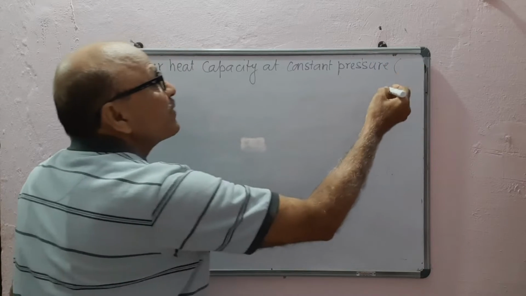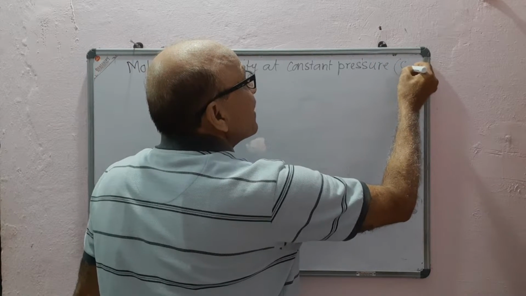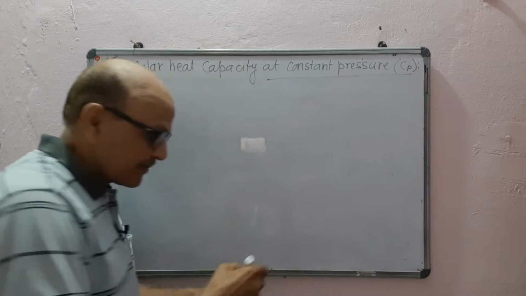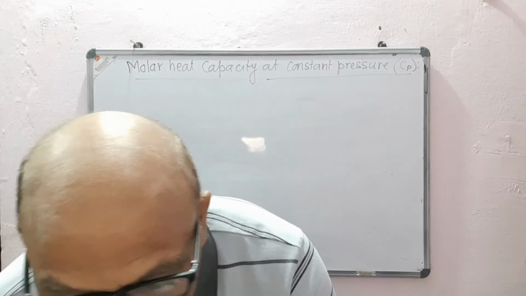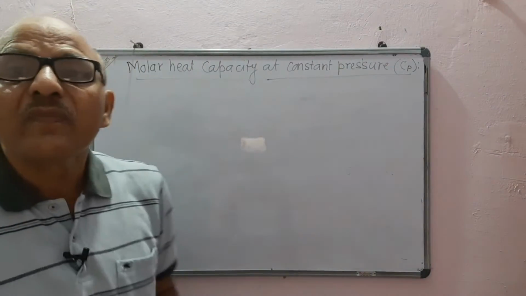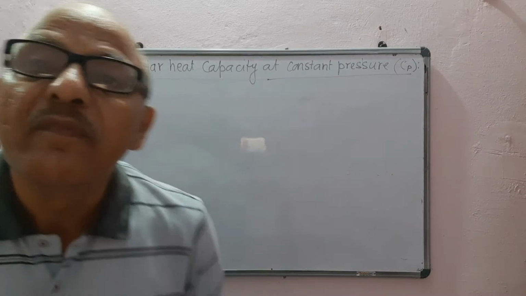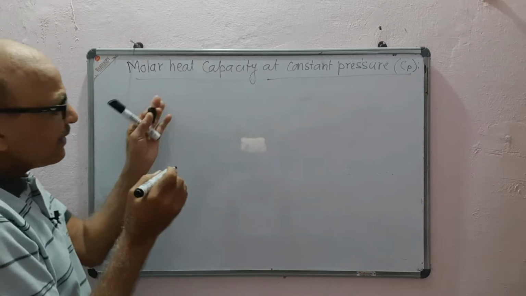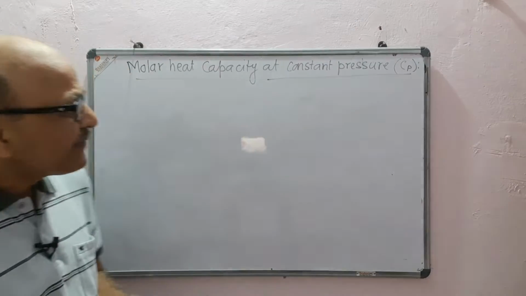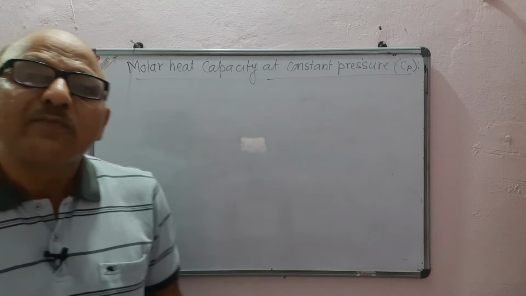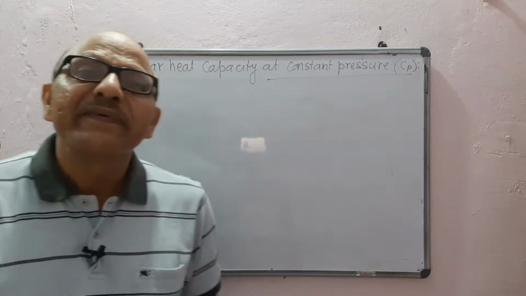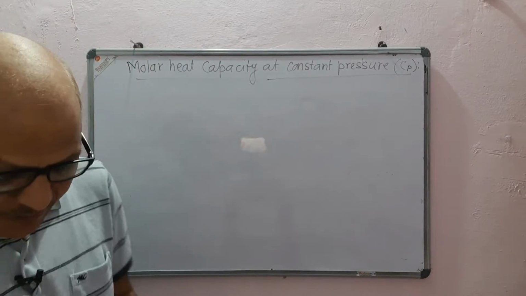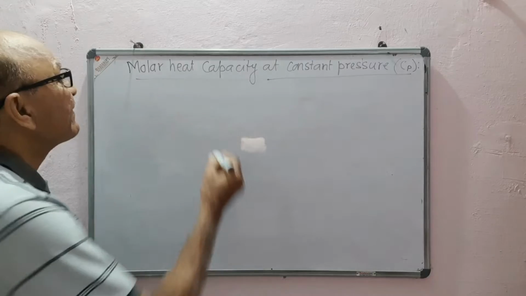This can be denoted with the symbol Cp. Here P indicates that the pressure of gas is constant. It can be defined as the amount of heat required to increase the temperature of 1 mole of an ideal gas by 1 degree at constant pressure. Thus, it can be defined as